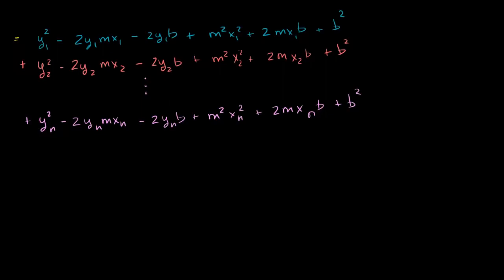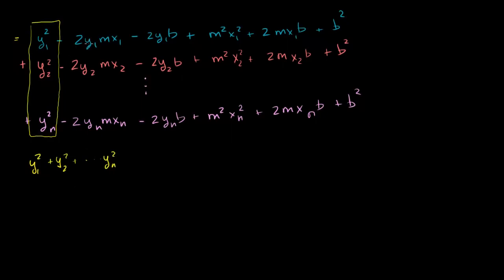So if I were to add up all of these terms right here, if I were to add up this column right over there, what do I get? Well, it's going to be y1 squared plus y2 squared plus all the way to yn squared. That's those terms right over there. So I'm going to have that, and then I'm going to have